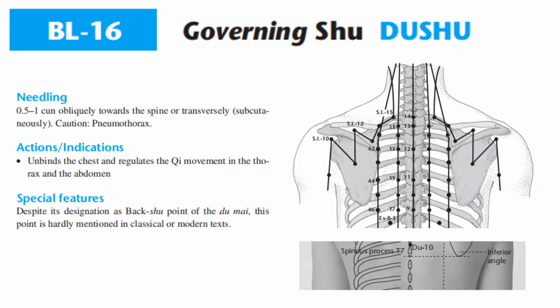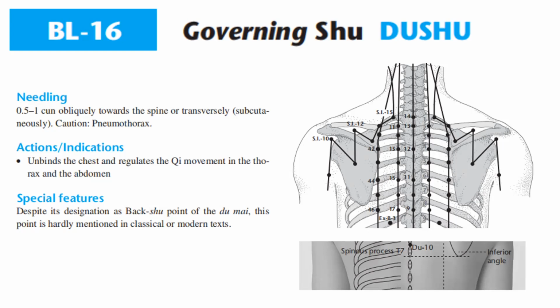Needling bladder 16: 0.5 to 1 tune obliquely towards the spine or transversely subcutaneously. Caution: risk of pneumothorax. For the actions and indications, it unbinds the chest and regulates the qi movement in the thorax and